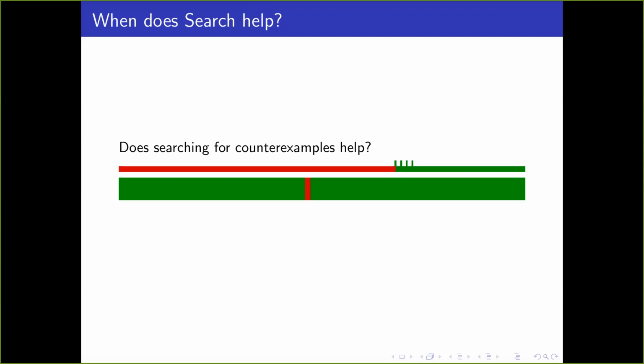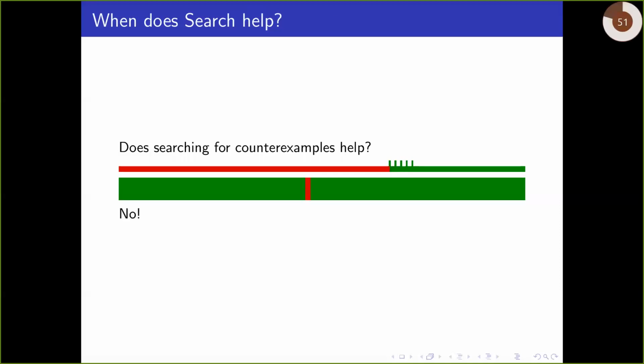So if you think about search as a mechanism for creating counterexamples to a learned hypothesis, it just doesn't work. It could be that all the counterexamples you get are right. They don't really change things very much, and that's disturbing. So search is not just a mechanism for creating counterexamples, because the counterexamples may not actually shift your learning algorithm in any significant way.